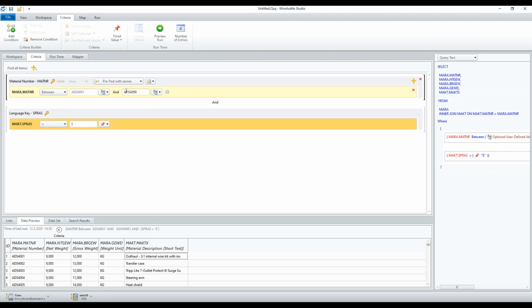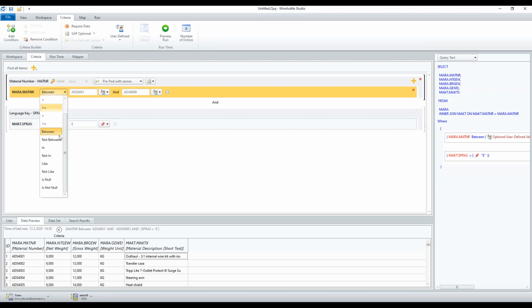Maybe you already have an Excel file of all of the materials you want to extract the data from, and then you could use the in operator here to configure the query to look for material data based on material numbers in an external file, a text file or an Excel file. So there are a lot of options, and this actually can get quite complicated, because you can also combine multiple